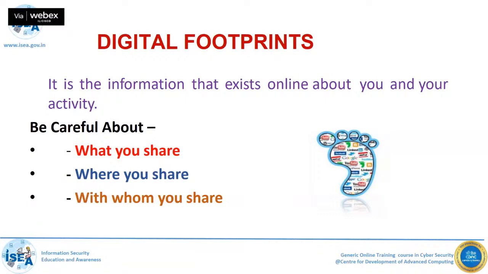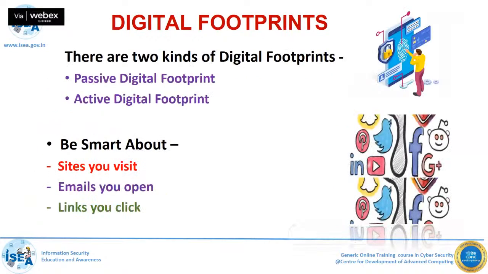Digital footprinting happens in two ways. One is the passive digital footprint, and the other is the active digital footprint. Passive digital footprint is without your knowledge. For example, you have not done anything, you are just browsing something, but I can find out what you are doing, what your IP address is, where it is located. It cannot be deleted, sir. Digital footprints are never deleted, unless you follow some privacy and security measures at your browser level, right?